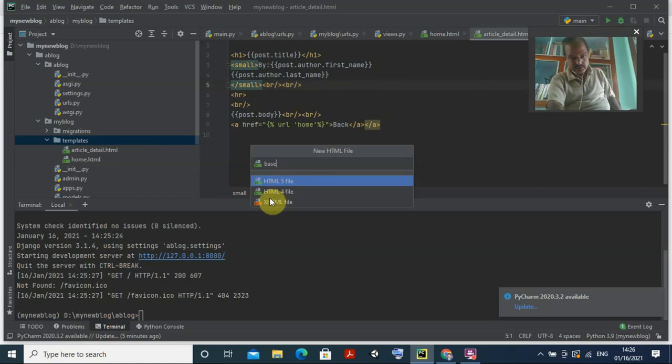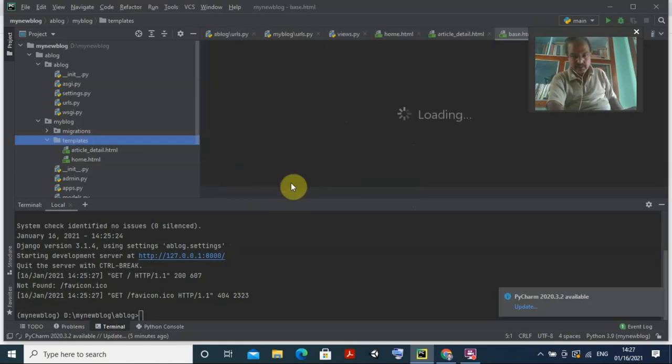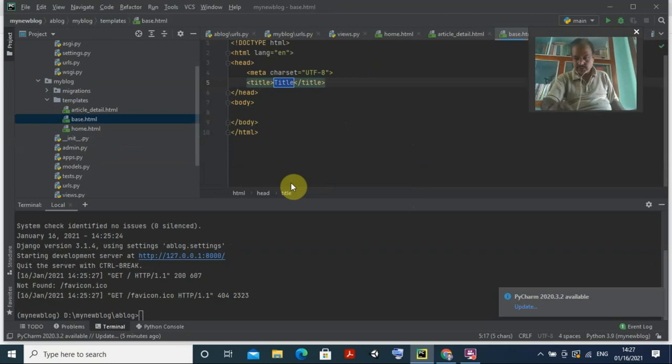Okay, so you see two options: HTML4, which we are not using, and XHTML, that is when XML is used with HTML. We are using this one, right? So by default it will be created. Now a page is created with this, right? Now what I want to do, inside the body part here, or the title, whatever you write, I don't have any problem with this title. So here I want to modify certain things in this base page.